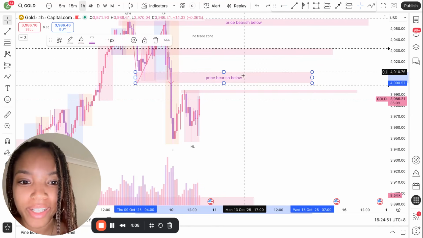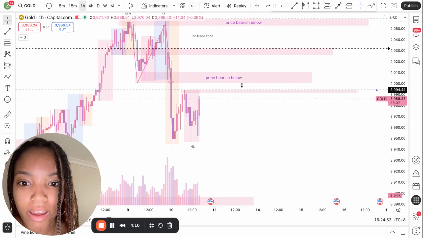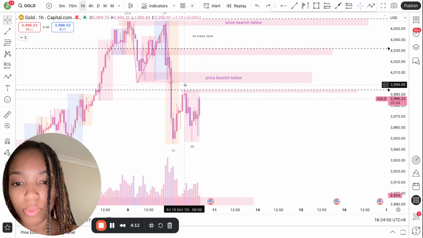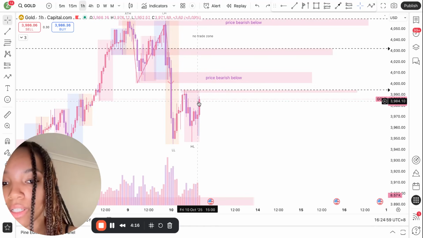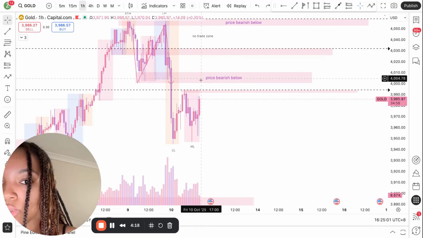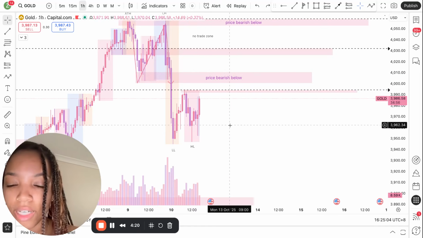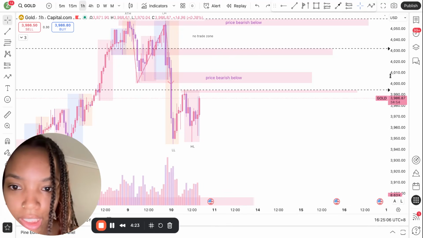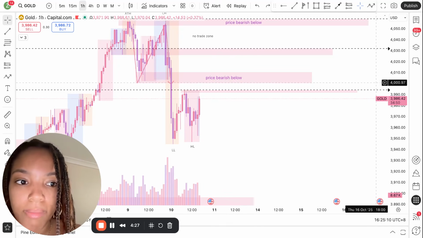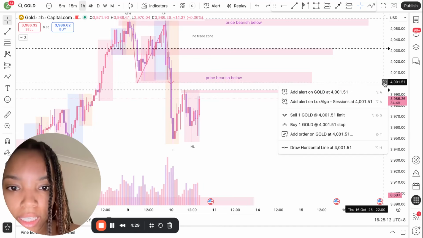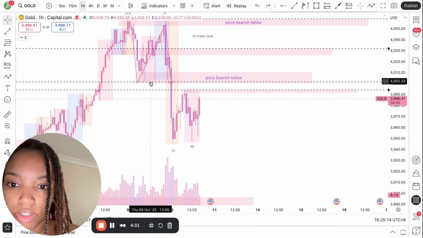Basically, what I would do is I would have an alert set at this new swing high that we have on the 1 hour chart, because I'd want to know when price gets back to this level, is it going to push to this level, or is it going to, I don't know, it could do anything. It could consolidate, it could go back down, it could do whatever it wants to do, so that's fine. But I'm also going to set an alert here, because I want to know when price retraces back down